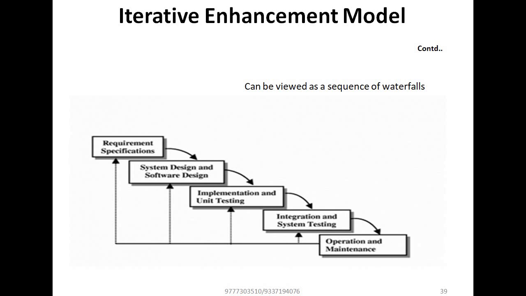See, this iterative waterfall model also follows the linear, sequential fashion, but some backtracking is there. If any type of problem occurs in the previous step, some backtracking is necessary. Backtracking means go to the previous step. I am already in the integration phase, but some problem is there in the system design and software design. That means I can backtrack, move back to the previous step, that is system design and software design.